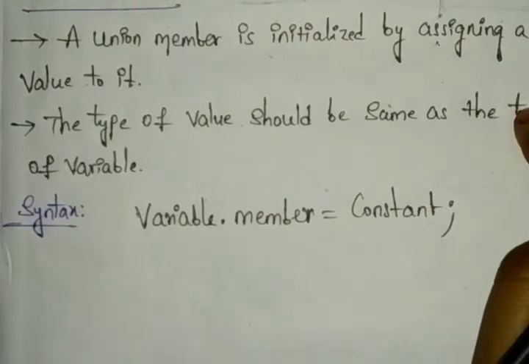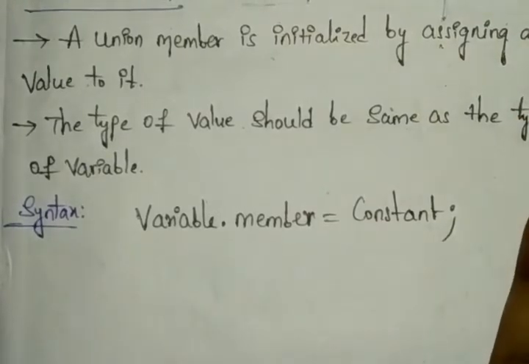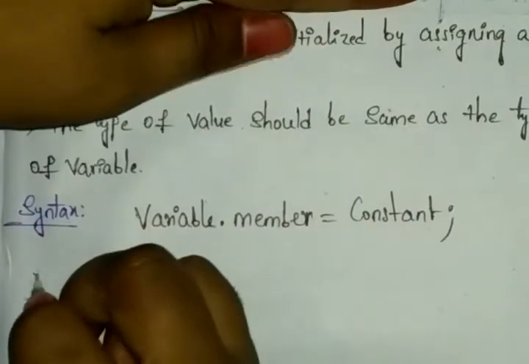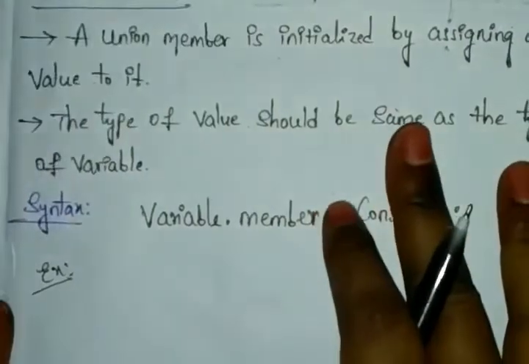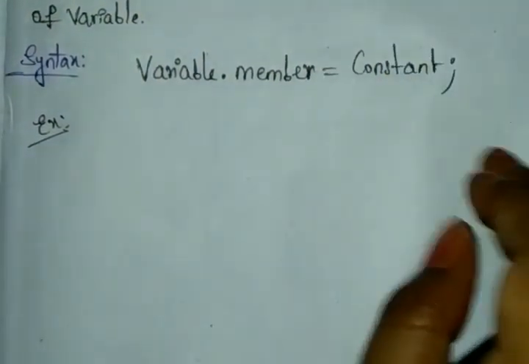And this union can provide convenience to the programmers, like to name and store, for example like that. Okay, so let's see one simple program to initialize our union variable. Here we have one simple program. You can see the example program I'm writing.